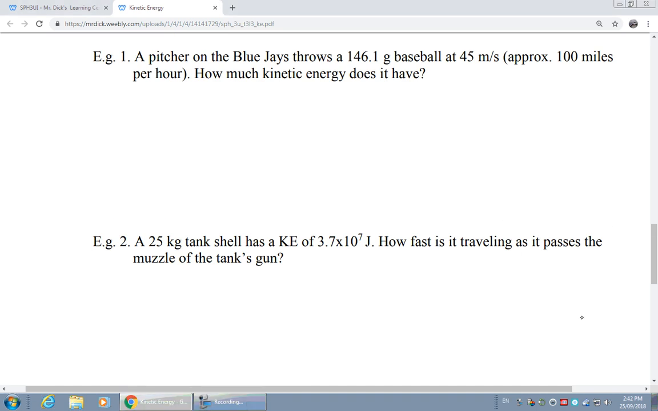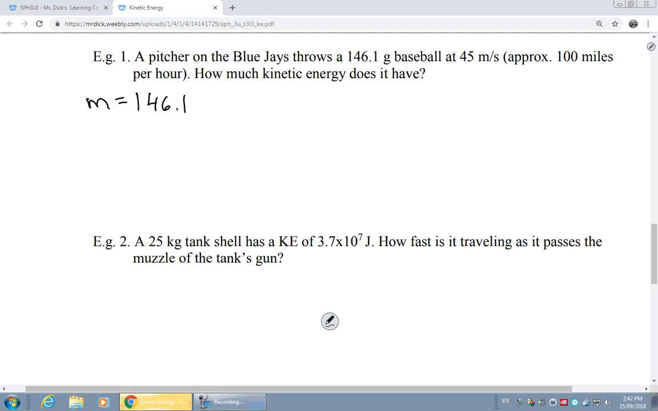But the most important thing is to now take that formula that we've derived and to be able to use it to help solve some problems. So obviously the first thing we might try and do with it is to actually find how much kinetic energy something has. So let's take a situation of a pitcher on the Blue Jays, and they're throwing a baseball that has a mass of